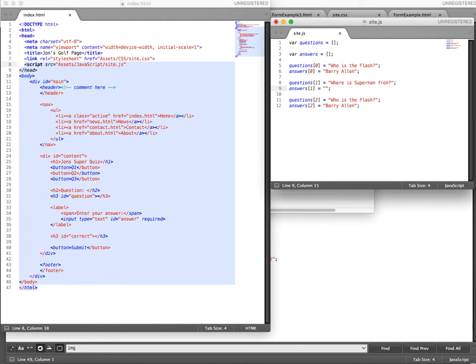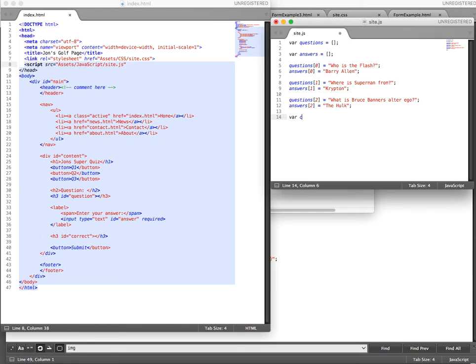So it's Krypton, K-R-Y-P-T-O-N. And what is the third question? Oh yeah, what is Bruce Banner's alter ego? And he is the Hulk. And that's fine. Okay, so there's our array of questions and answers, and we have to keep one variable, which